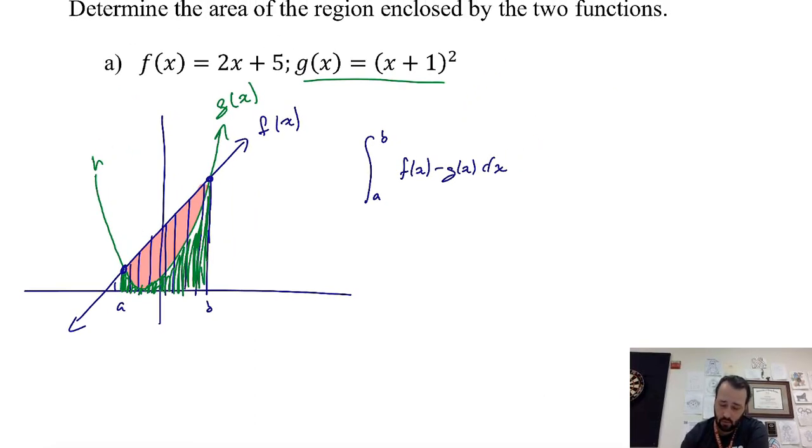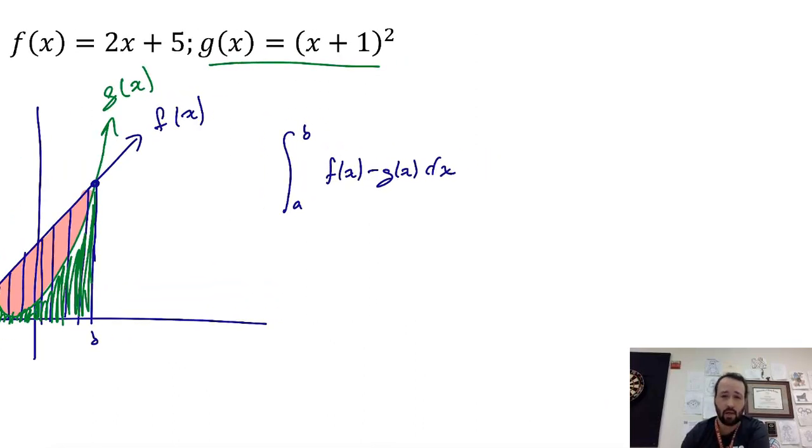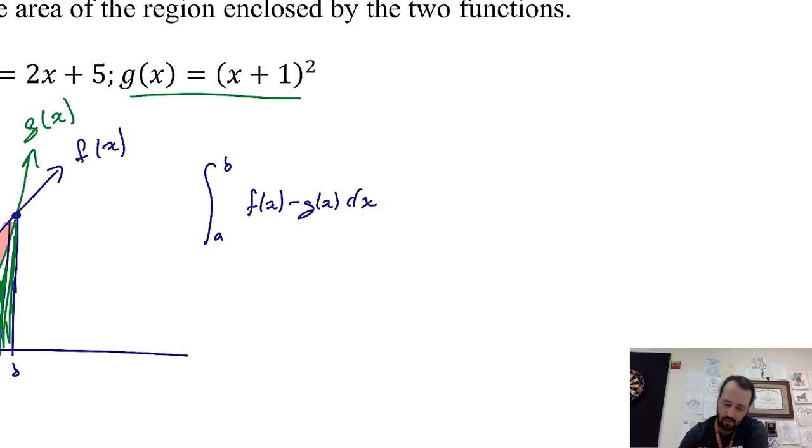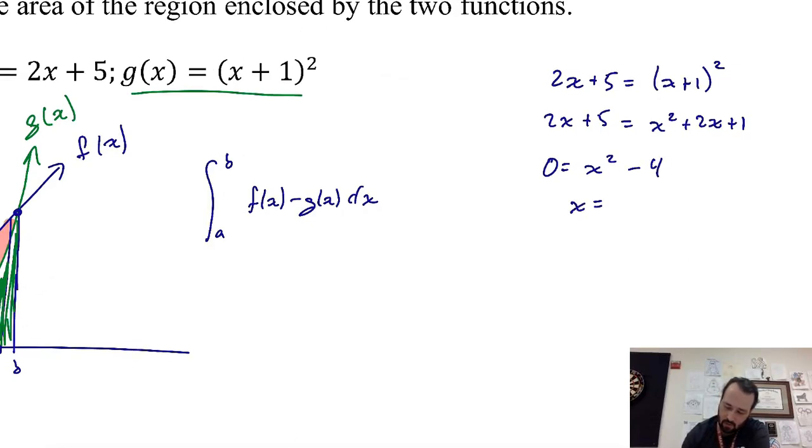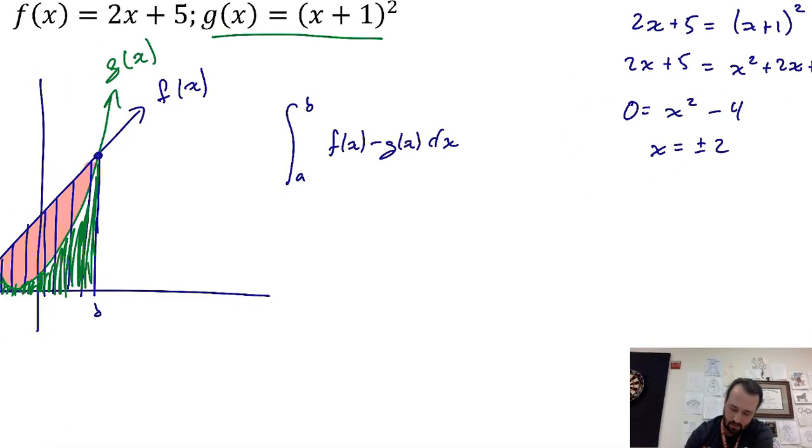So in order to work through the problem, first I need to figure out what a and b are. To figure out what a and b are, I can find their point of intersection. Right? And then I can solve this as I normally would. So x squared, let's see, minus 2x, so that's nothing. That would be minus 4. So interesting, x is just going from -2 to +2, so that's kind of nice. So I have it from -2 to +2